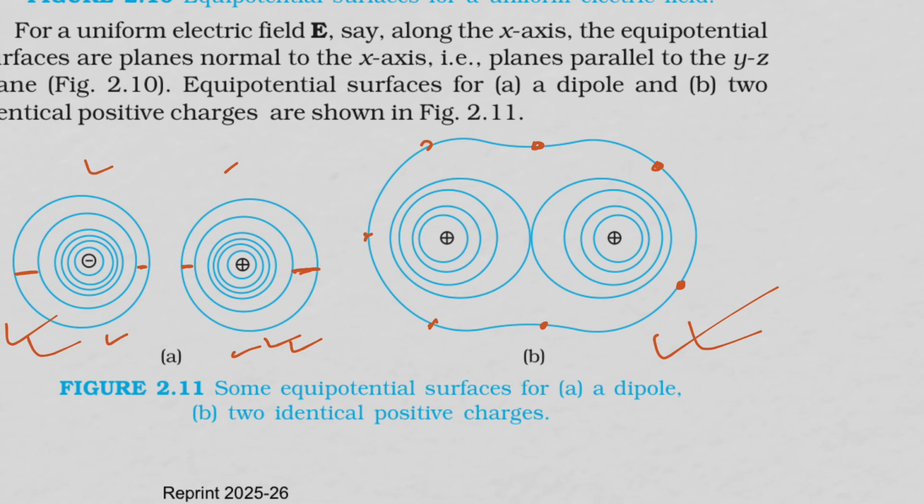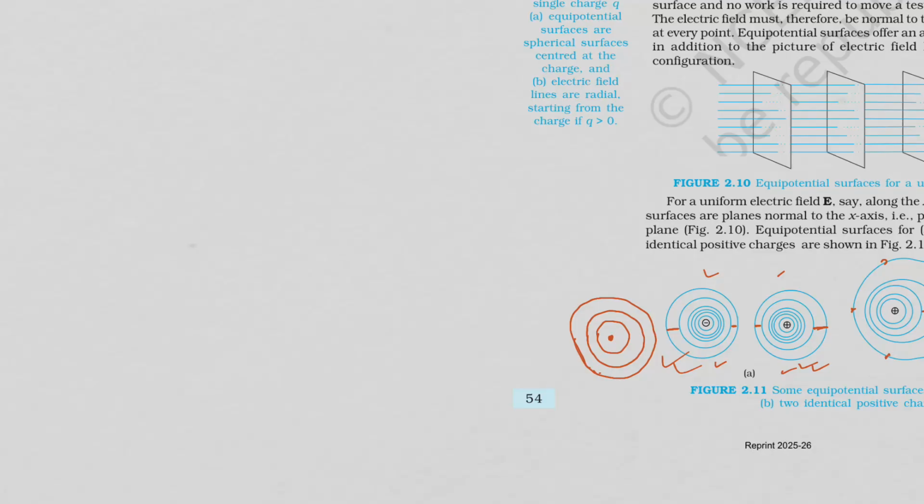And for equal charges, we see the thickness increases in between the charges. All these things you just have to keep in mind: how the equipotential surface would look in the case of different sets of charges. Now the last thing about equipotential surfaces here is that if there is an equipotential surface, for example this is potential V1 here, V2 here,